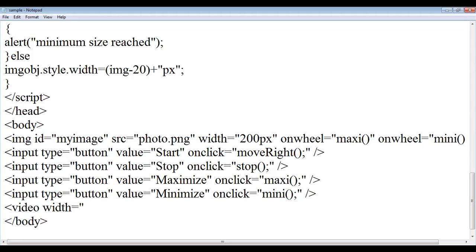I want to give something like 320 px as the width and a height of 240. Once you define the width and height of the video, you define the controls. This is the video tag.